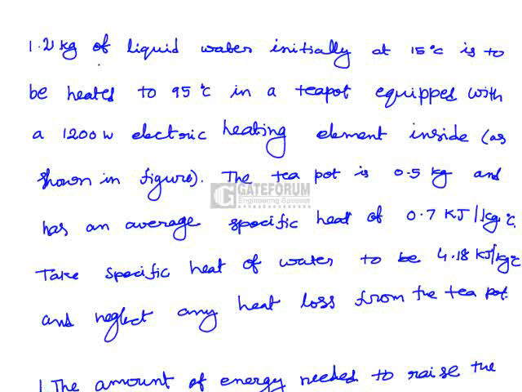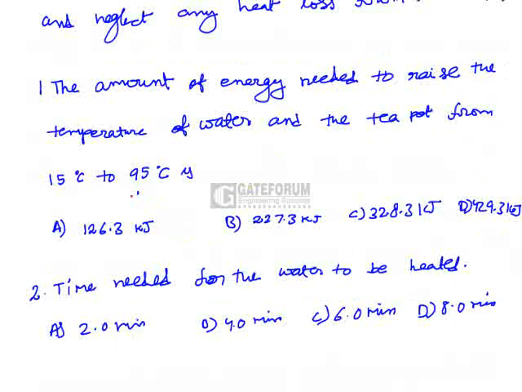So here it is a linked answer question. It consists of two questions such that the answer to the second question depends on the first question. Here the first question is the amount of energy needed to raise the temperature of water and the teapot from 15 degrees centigrade to 95 degrees centigrade, and the second question is the time needed for the water to be heated. So coming to the solution,